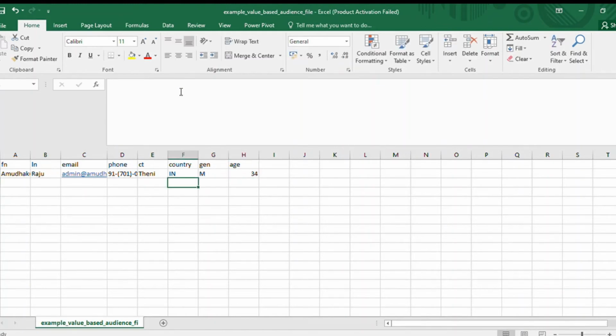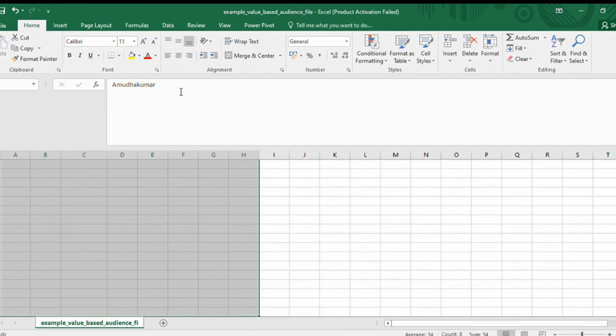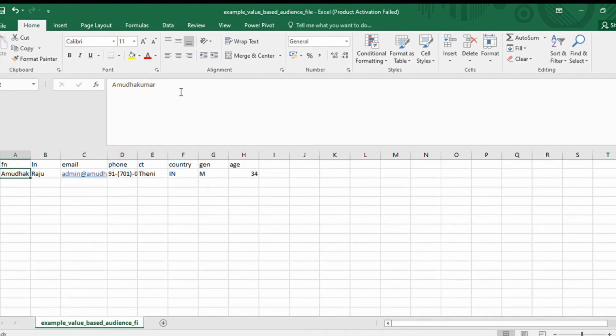So like this, I am feeding my data. The same way I have to feed more data, whichever I have. Basically I have a database in my registration form, in my Google Forms, where 100 to 120 people have already registered. I can put the list here and try to create the custom audience. Based on this input is what the lookalike audience will be generated.